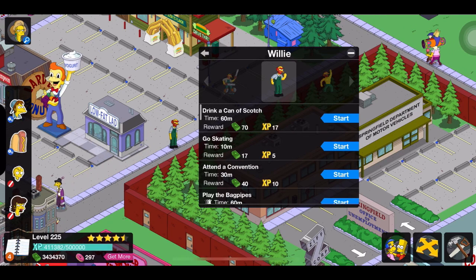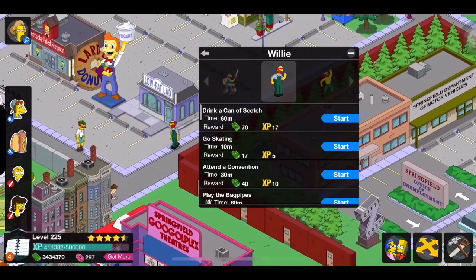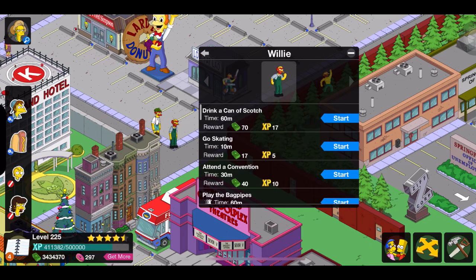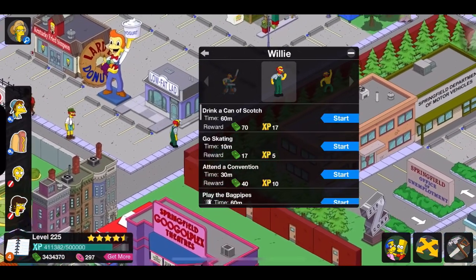So, Groundskeeper Willie. I think he's probably the second most iconic school character, right? Maybe besides Miss Crabapple. But Willie's kind of cool, and he has a lot of funny skins as well. He actually has a lot of skins. So, let's get into it. The regular version of him is...